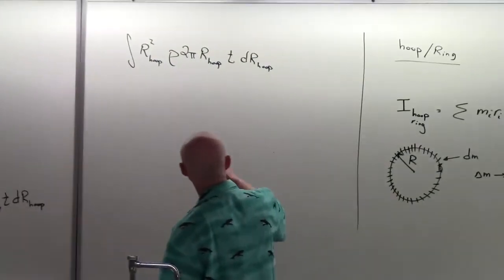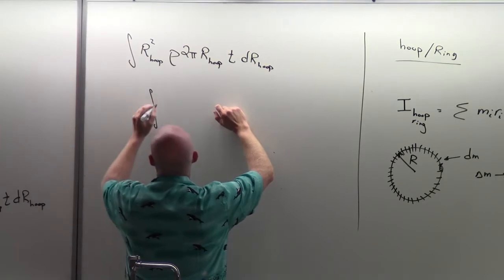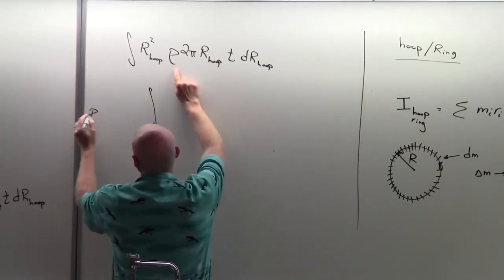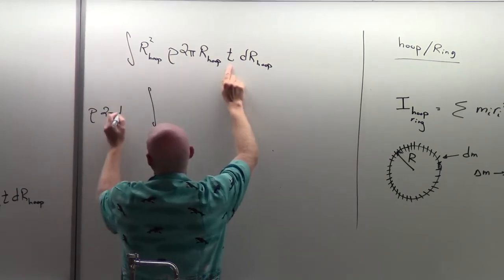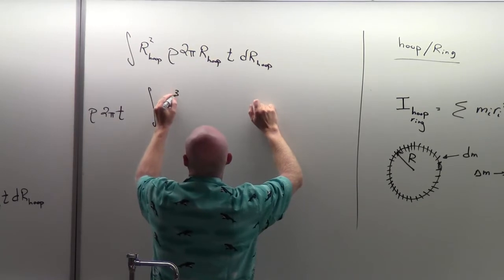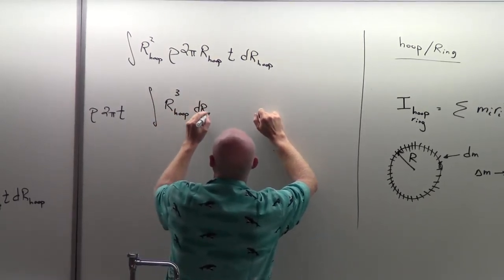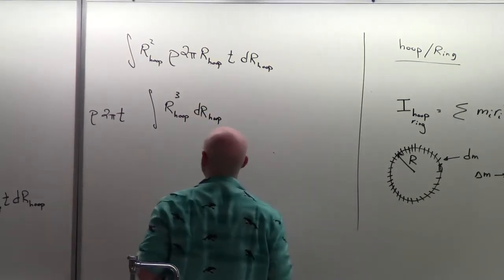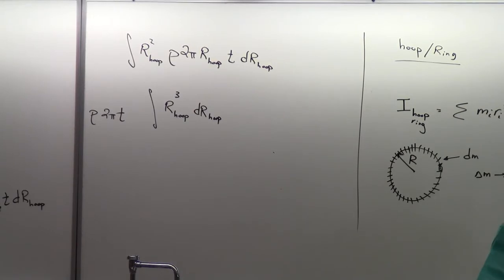And of course now you can see that I have things that don't change when you add them up. So the density I can pull out in front. The 2 pi I can pull out in front. The thickness I can pull out in front. And so I'm left with r cubed of the hoop dr. And that's probably the hardest part of this chapter, and even I would say this semester here, is